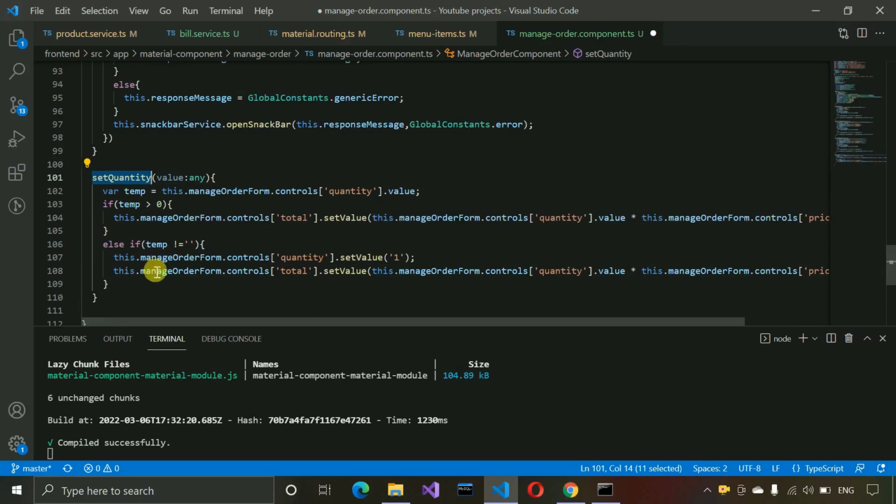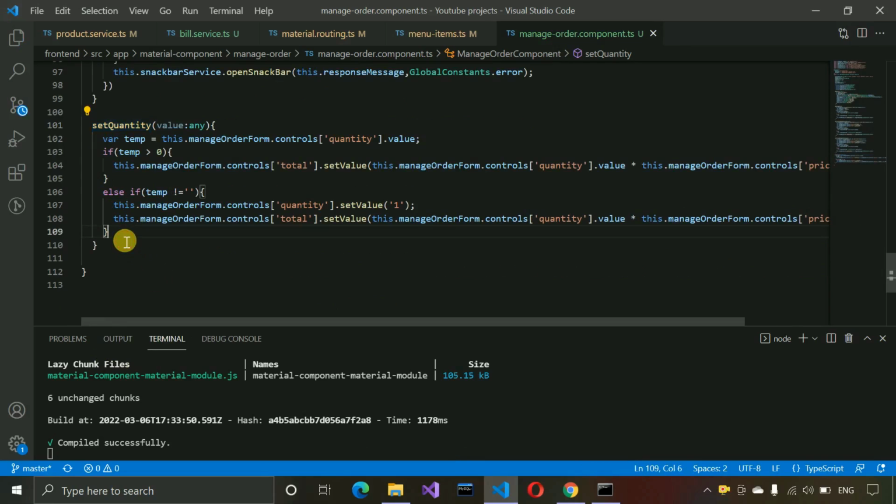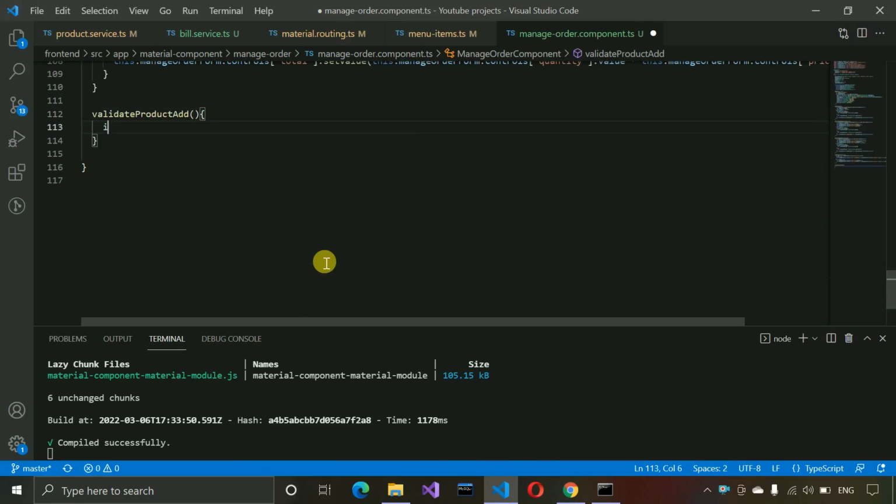After that, let me save this page, and after that we have to write the code to validate the product add button. So whenever some value is there, only then are we going to enable the add button. Okay, so for that we are going to write the code. So validate product add button, and here we need to write if this dot manage order dot controls, this one, and having total